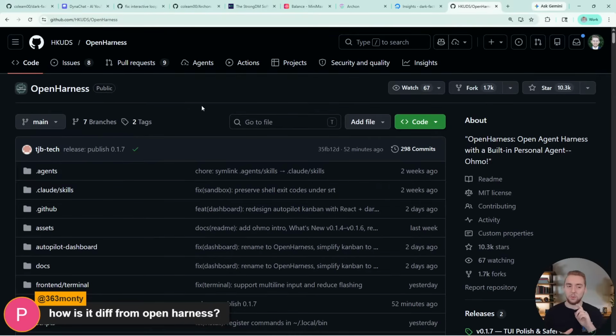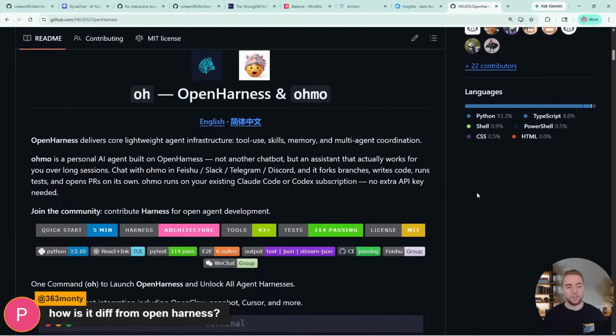Not that you necessarily want to just copy it if you like using that directly, but the point is you can take inspiration from other things out there and then build something that is custom to you and how you want to work. That's one of the things I've seen over and over again: people like these tools, like Open Harness, BMAD, whatever, but it's not quite what they're looking for. But they feel kind of locked in. Like this person has given their opinionated approach and yes, it's good, but I want something that's simpler. I want something that's not over-engineered.